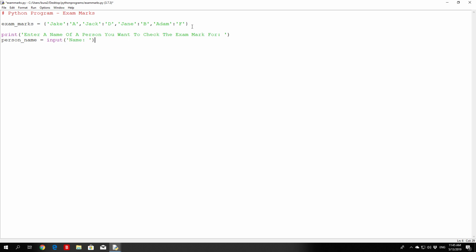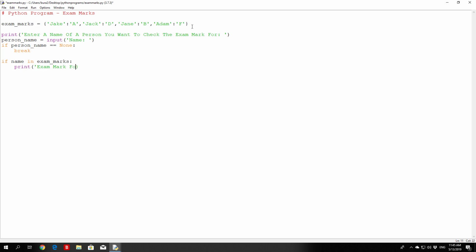First of all, what we want to check is whether the user of this program actually typed anything. So if person_name is equal to none, we want to exit this program. And if it is not, so if name in exam_marks, so if that name that the user specified is in the actual dictionary, we will print